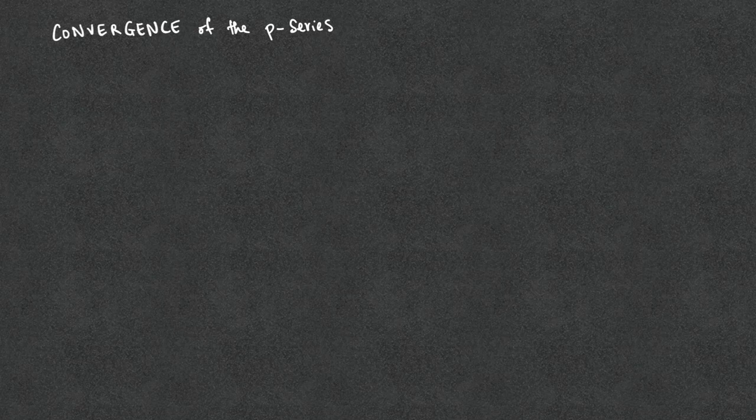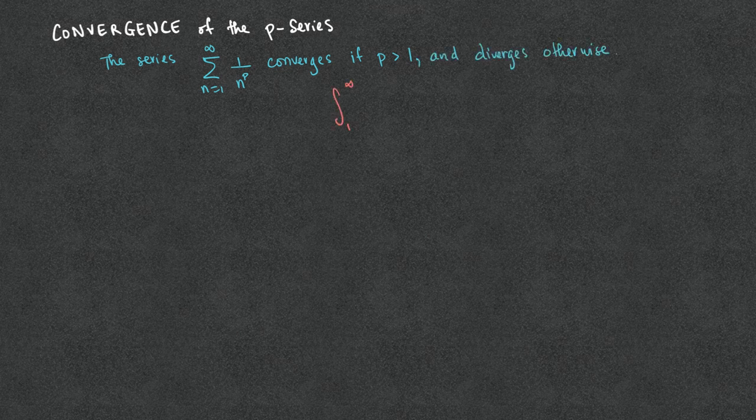Convergence of the p-series. The p-series is a series of the form 1 over n to the p power, and it converges if p is greater than 1. It diverges otherwise. To see this, we use the integral test. We integrate 1 over x to the p dx from 1 to infinity, and we will see that if p